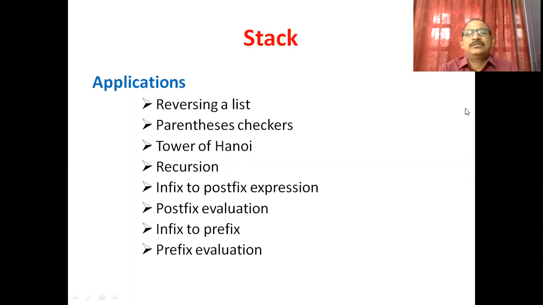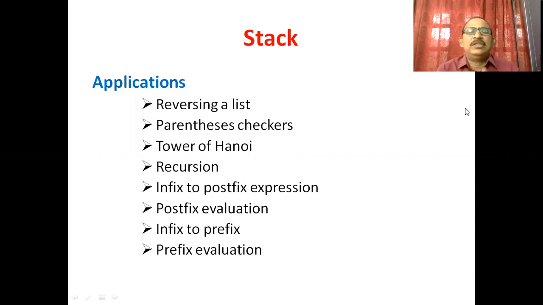Reversing a list is a very simple operation. Take the elements of a list one by one and push these elements into a stack.